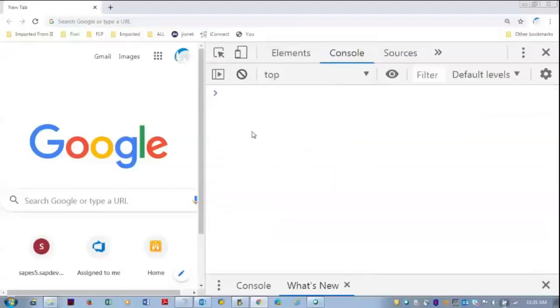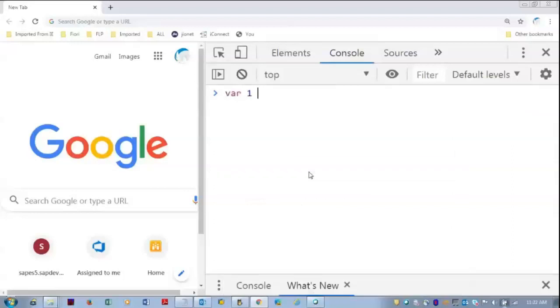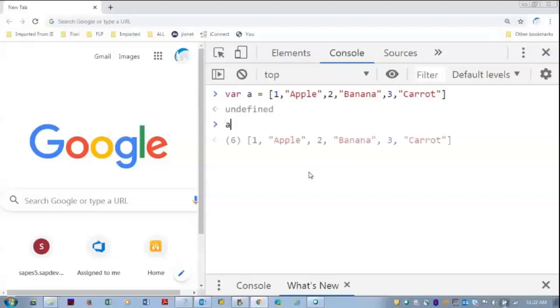Now the concept of JSON has come. For example, for a, I want to store apple at 1, banana at 2, carrot at 3. This will be difficult, because if I ask what is stored at one, it says banana.